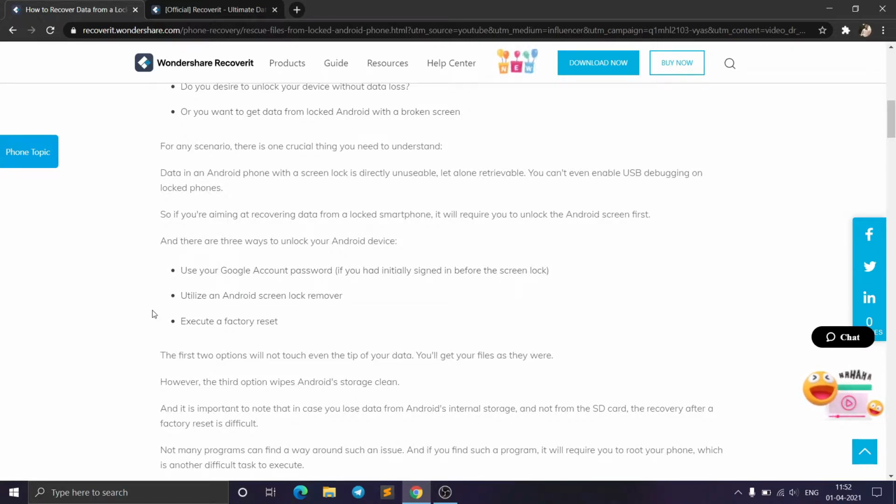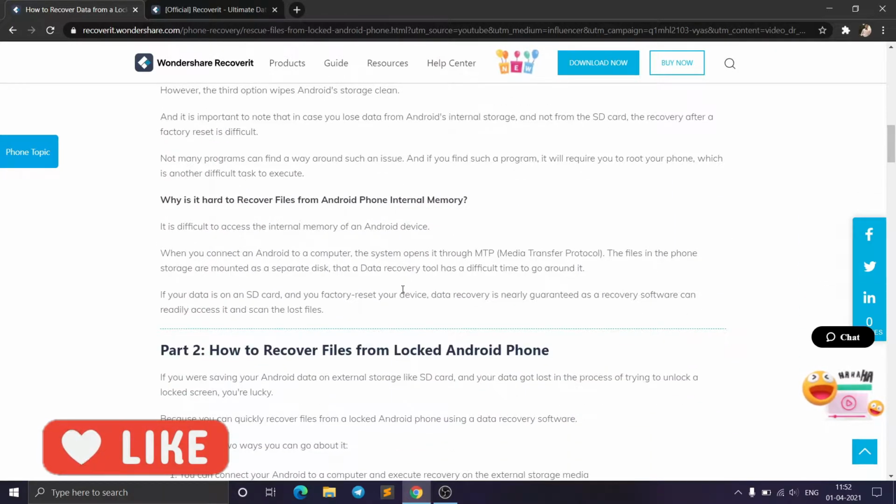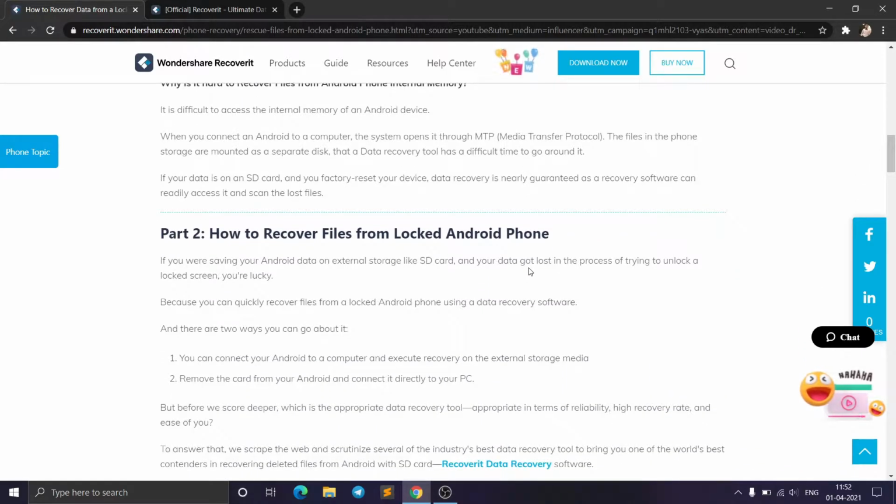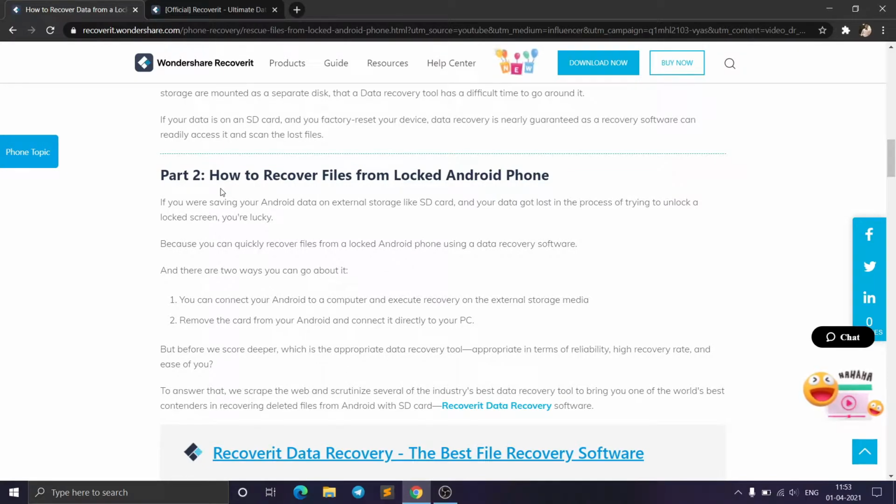There are so many Android lock screen removers available, but if you try to remove your lock screen, all your data will be reset. So it is very hard to recover files from the phone internal storage. But if you store your data in the external storage like the SD card, then you can retrieve your data easily.